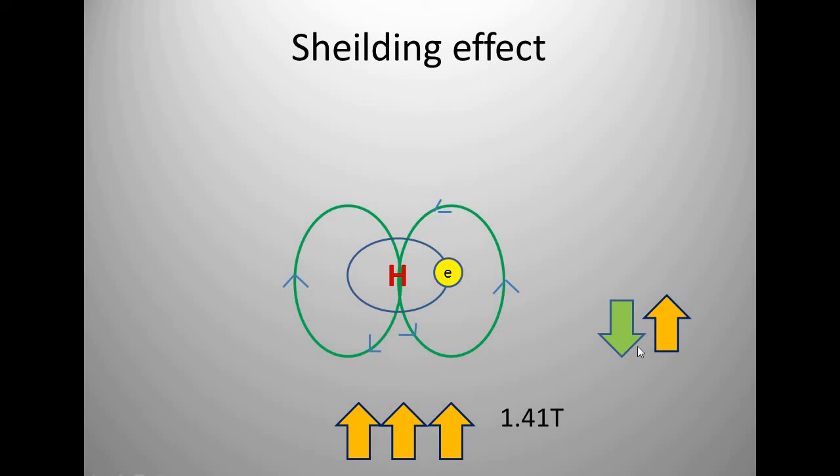How? Consider we apply a 1.41 Tesla magnetic field here and your induced magnetic field is also in the same direction, so it does not nullify or cancel this magnetic field; ultimately it shows the synergistic effect only, because your external and internal magnetic fields are in the same direction. So more magnetic field will be experienced by your proton, and ultimately it will give a good signal, or you can say your proton is de-shielded, meaning de-protected, due to the synergistic effect of both.